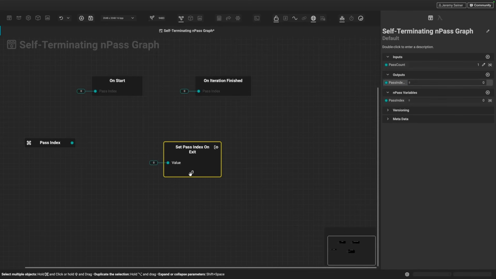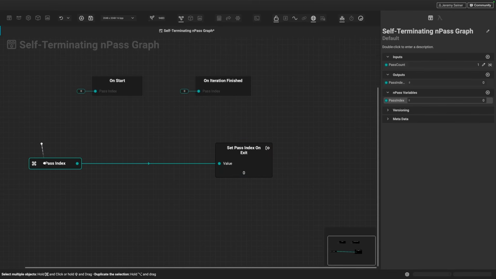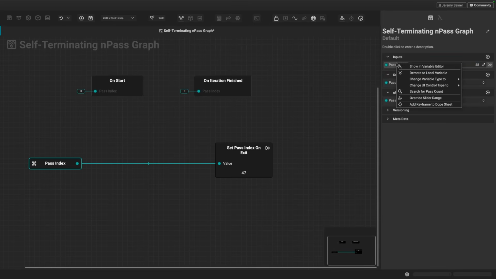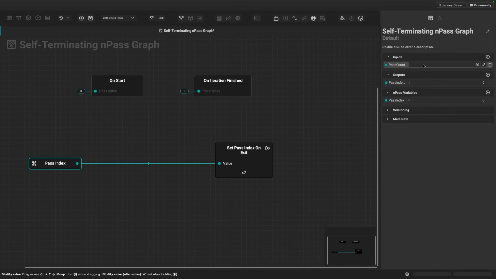This is great because now I can connect these and we can always tell what our pass index is as we increase our pass count. I'm going to change this so that we have a max of 20, so that we can make the slider a bit easier to use. But you'll notice that if we ever set this to pass count 5, our pass index is 4,